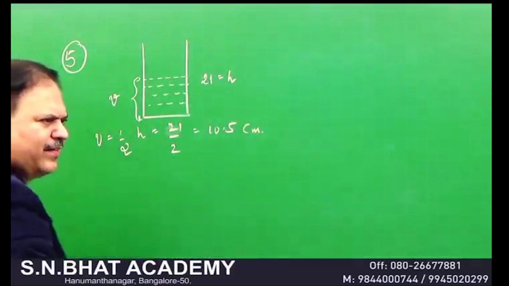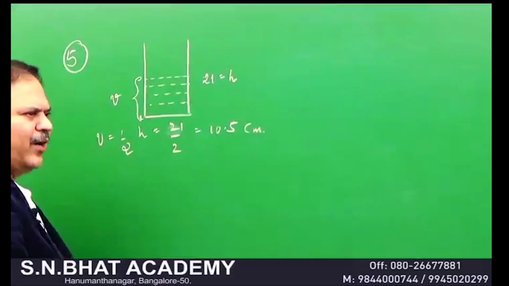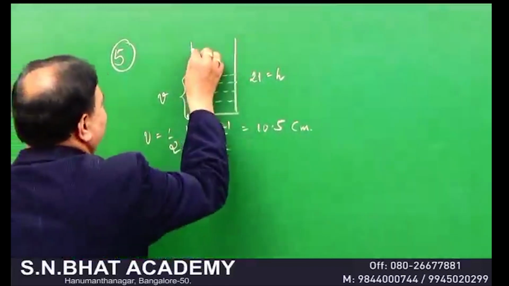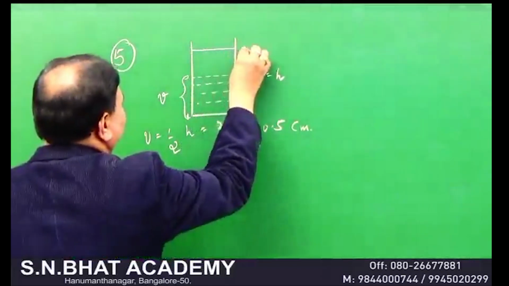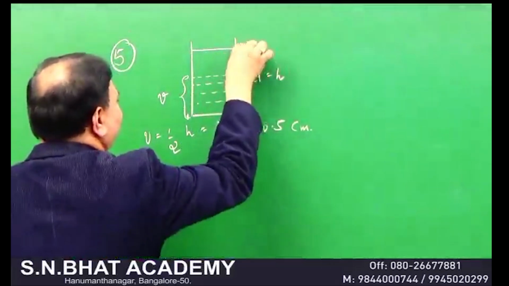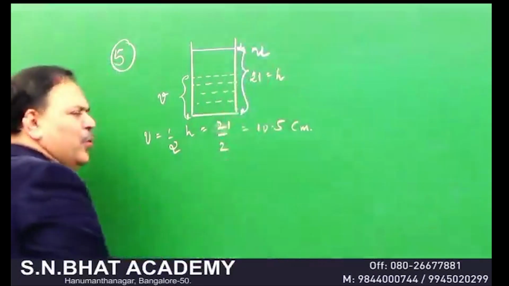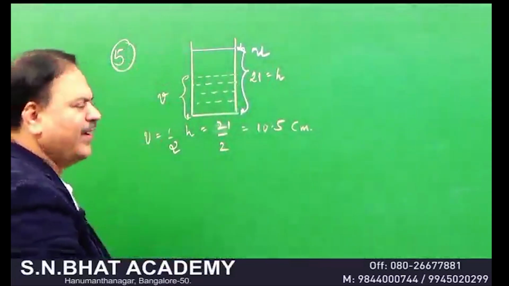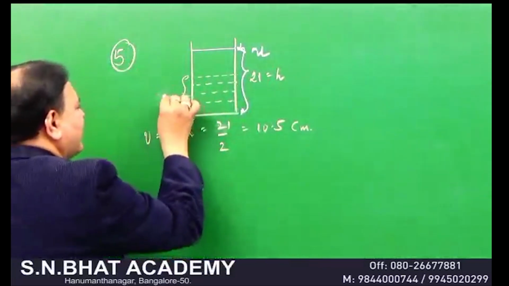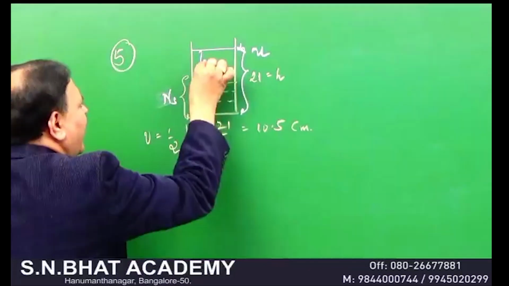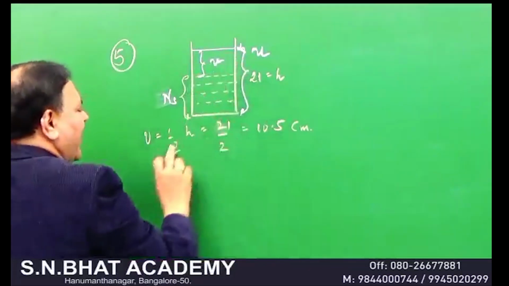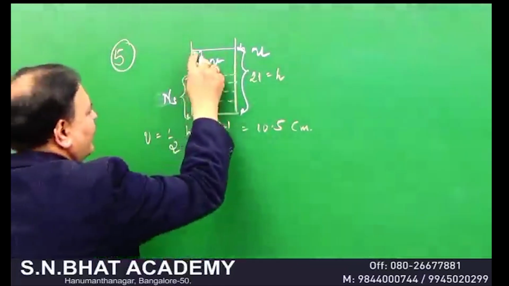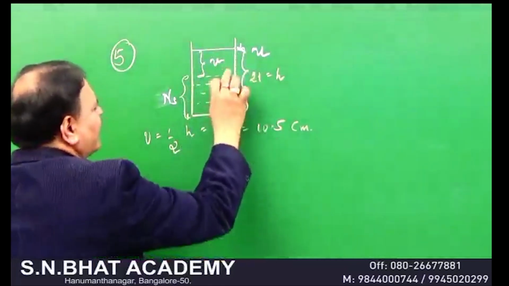His question is, how much water should actually be filled? That is called the real depth. What should be the real depth, he is asking. Real depth is U, so that when it is viewed, it appears to be here. And look, this is called the normal shift, and this we call V. And your V is equal to half of this. That is, when it is viewed from the top, it appears to be half of this value.